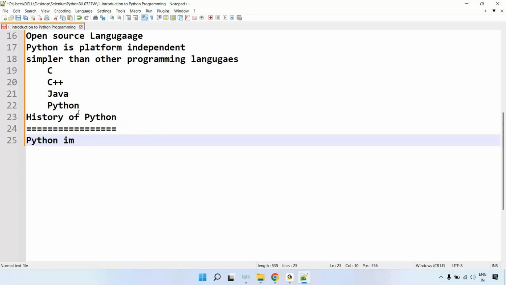Python implementation was started in December 1989. In December 1989, Python implementation was started. Who started this? Guido van Rossum. Most people might know this. He is the inventor of the Python programming language,